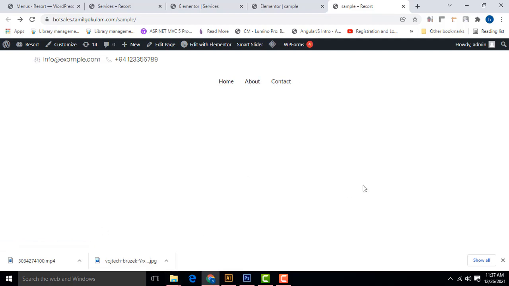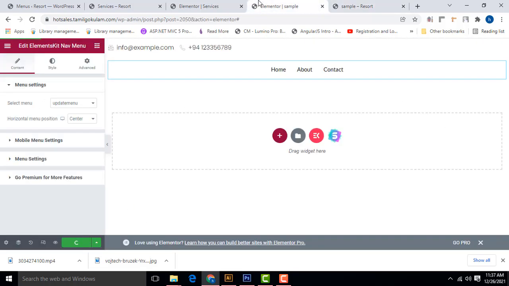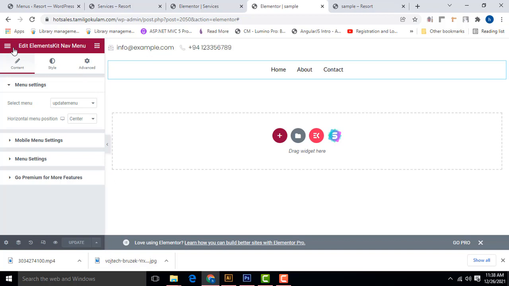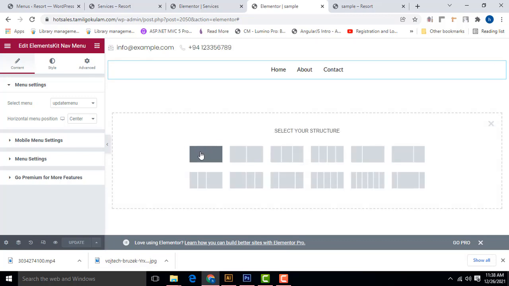Okay. Perfect. Now what I am going to do is create the image over here. So how to do the images? Click on this one. You can add the slideshow as well, but only if you buy the pro version will you be able to add this Elementor. Otherwise, you can add the images. So click on this one, add the new section. I'm going to add the new section.